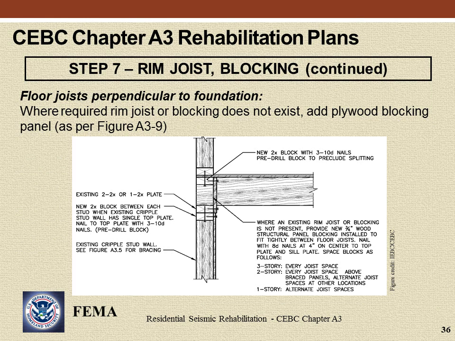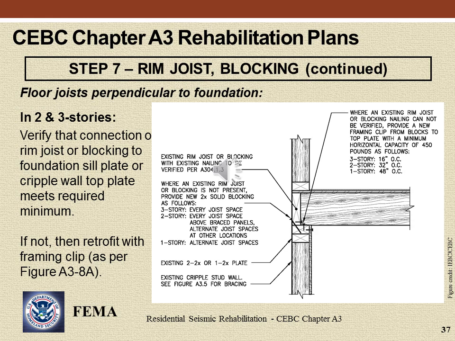In circumstances where rim joist or blocking is required but not existing, provide wood structural panel blocking in accordance with Figure A3-9. In 2- and 3-story buildings where floor joists are perpendicular to the foundation, the connection of the rim joist or blocking to the foundation sill plate or cripple wall top plate must be verified to be a minimum of 8-penny toenails at 6 inches for rim joist, or 3 8-penny nails per block, or retrofit with framing clip in accordance with Figure